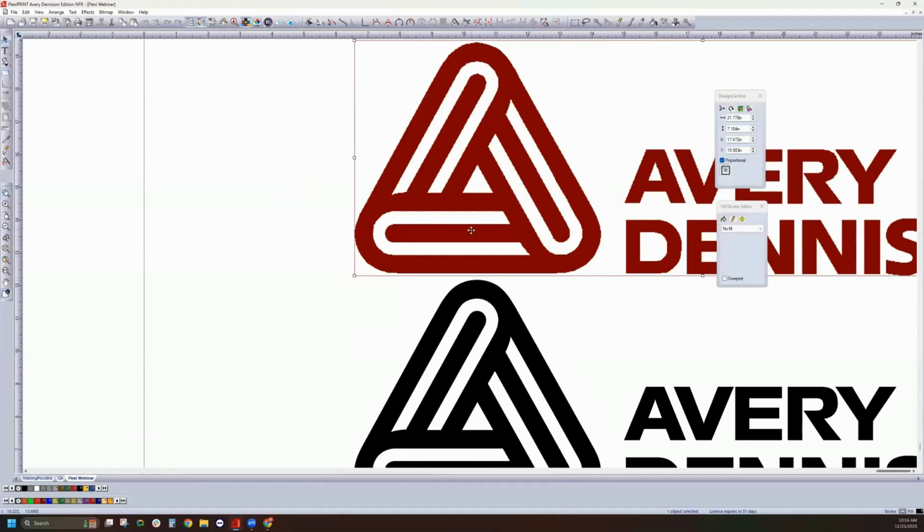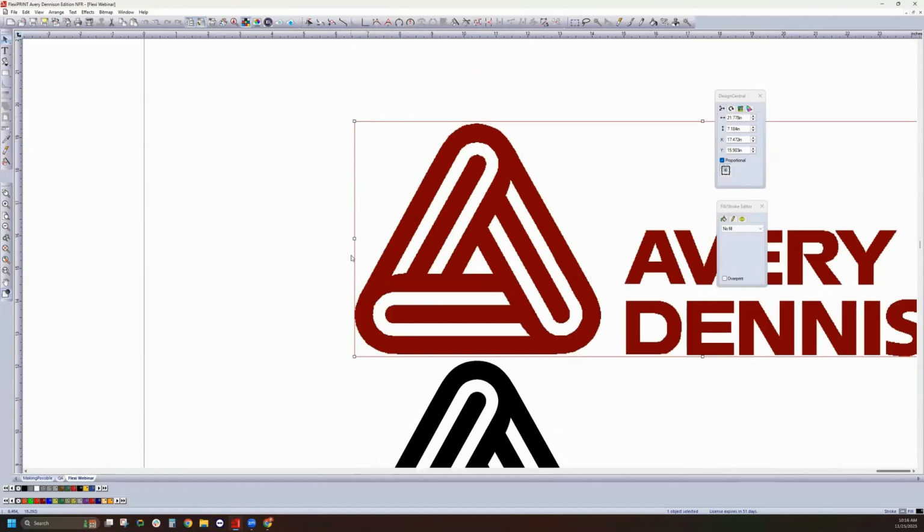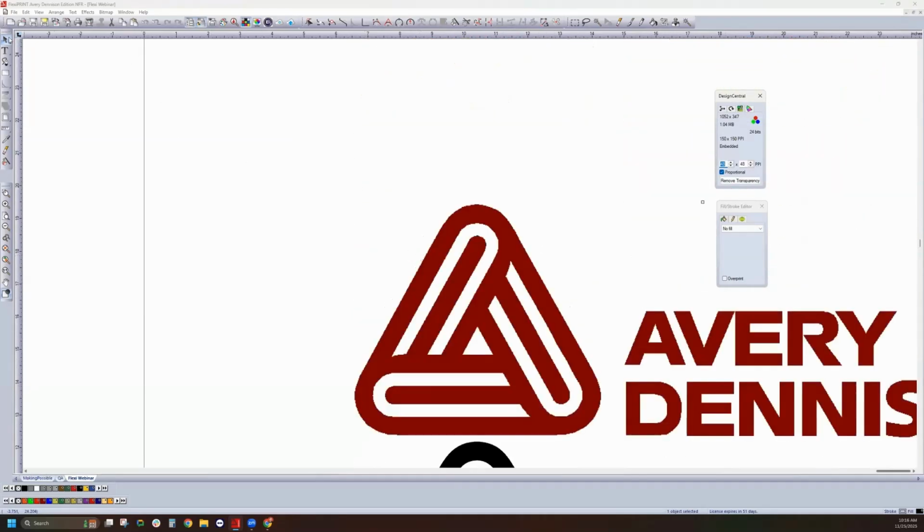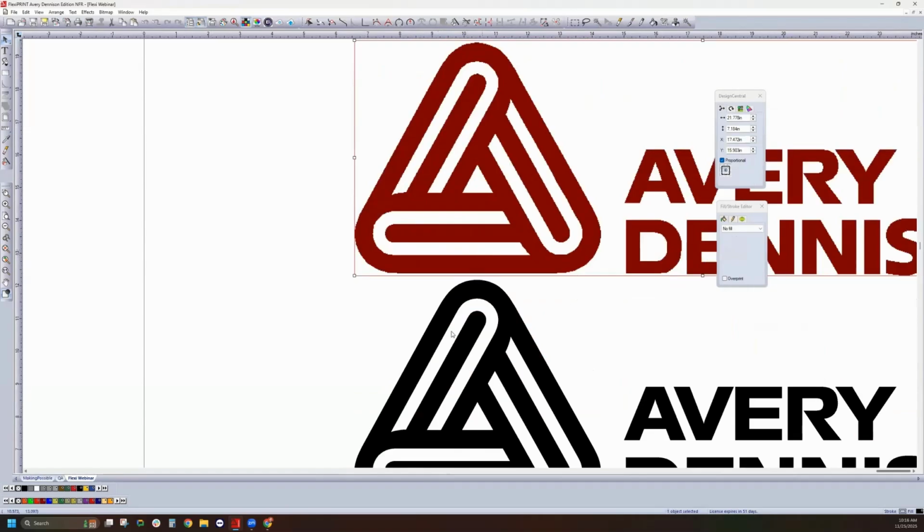when I select a raster or a bitmap, I get this selection box around it. It's this red line with these little white square handles, and it goes around the entire image. The other thing you'll notice is in Design Central, we get this extra bitmap tab with the little image of a tree and a sun on it. So that's an indicator that you have a bitmap selected. If you select something that's vector,